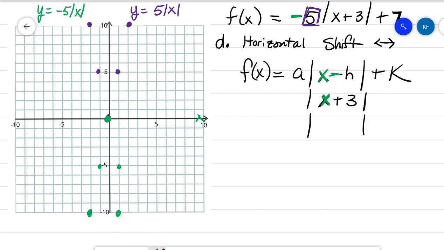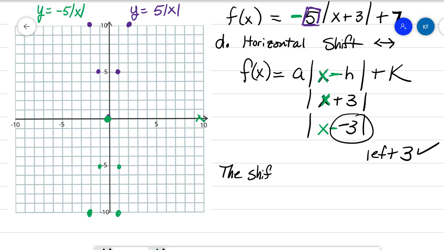So what I really have is x minus -3. Why? Because the formula has a negative in it, which now the 3 is now negative. So this goes left 3. Okay, so the graph shifts left 3 since the formula,